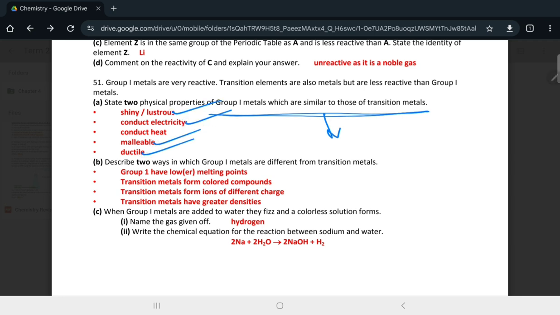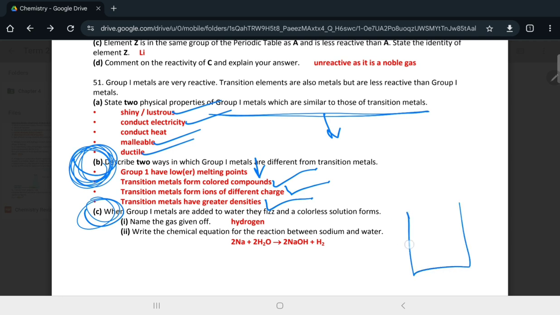Two ways in which group 1 is different from transition metals, or transition metals are different from group 1. Transition metals form colored compounds, they form ions of different charges, they have greater densities. Group 1 have lower melting points. This one you should memorize. Part 2, we didn't really do it in class, but we should just know that